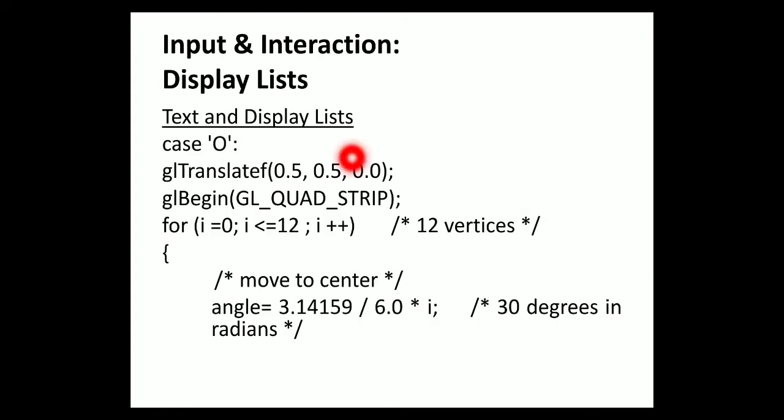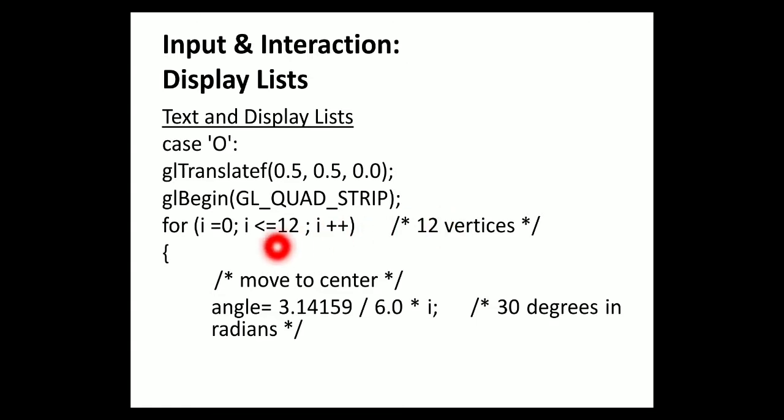This is one of the samples to draw the outlined uppercase O, and there is a definition which is incomplete but considered for lowercase and uppercase letters. In this case we are taking the uppercase O letter, and the translate function is made use of for translating the required structure to be drawn for highlighting the outlines of the O letter. Here we are drawing with the help of the quad strip logic, but the output will look like an outlined O structure.